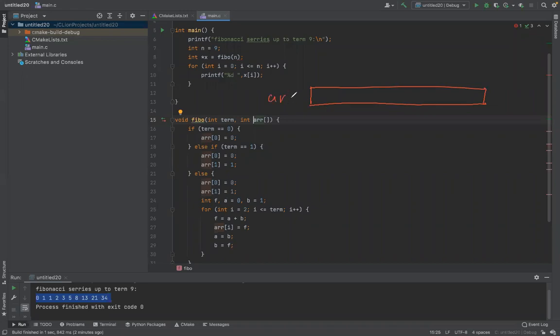Let's say my ARR, these are the values: 6, 9, 2, -7, 5, 31, 2. Now, suppose that you need to pass this array to a function, then you have to pass